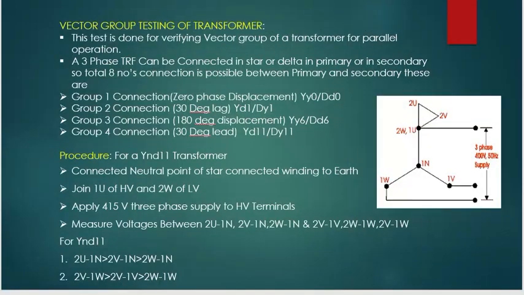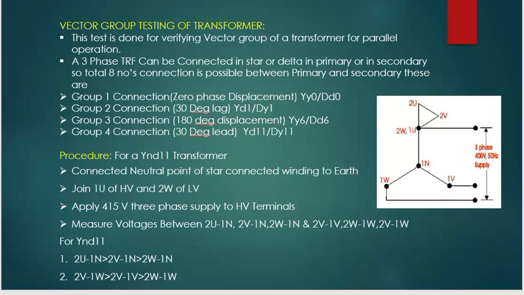Now we will study the vector group test of the transformer. Vector group test is done for verifying whether a transformer can be put in parallel operation or not. In distribution substation or transmission substation or generating substation, transformers are operated in parallel condition, and for operation of transformer